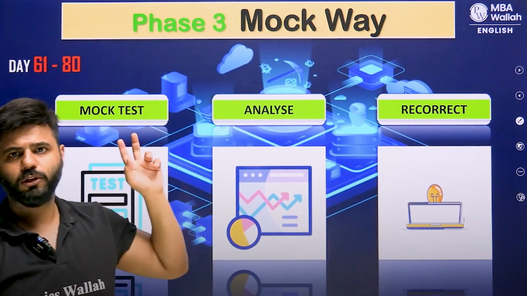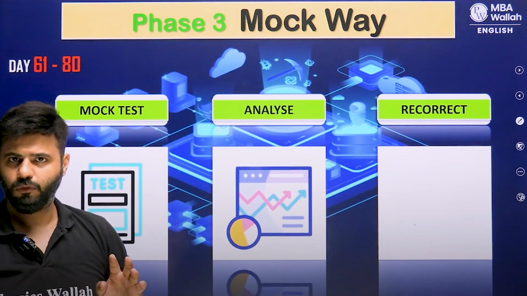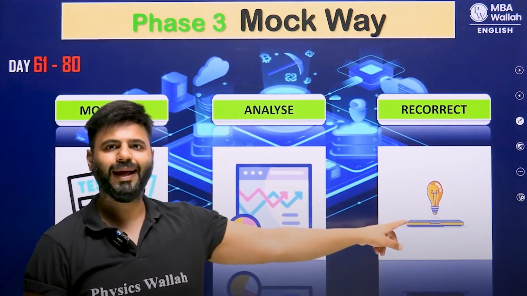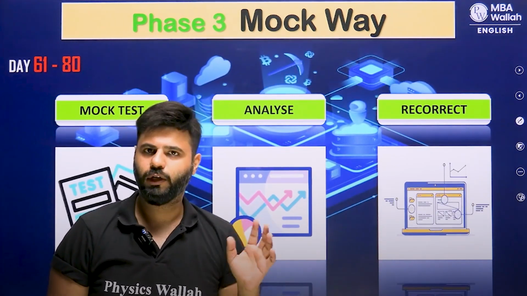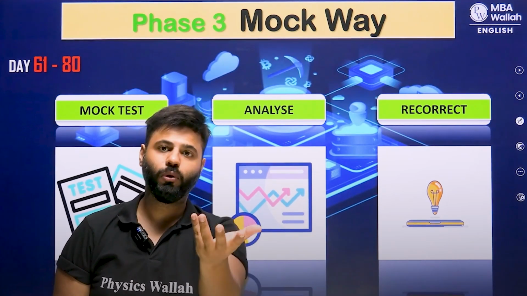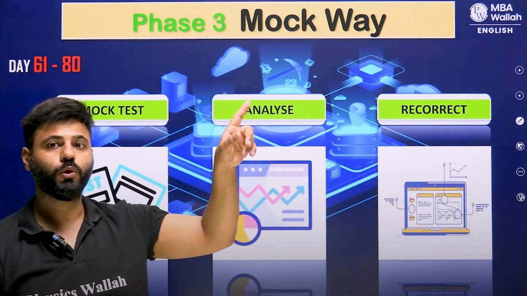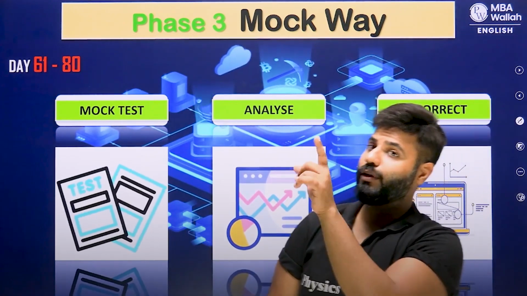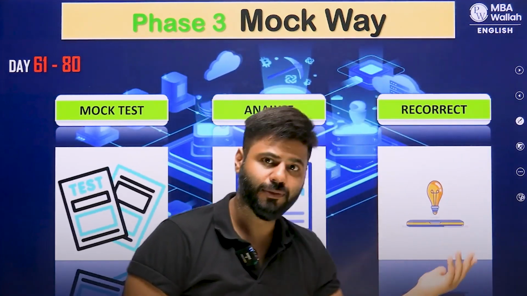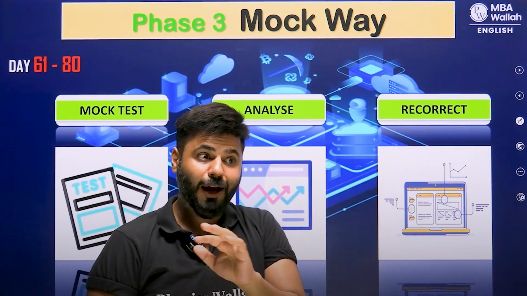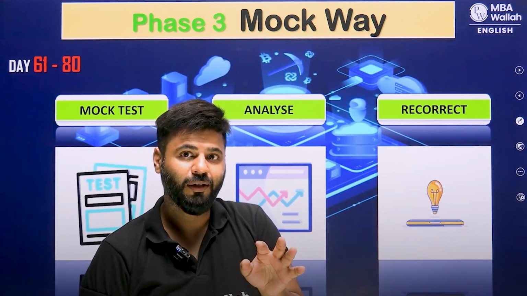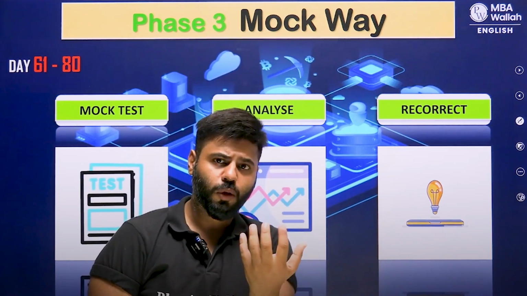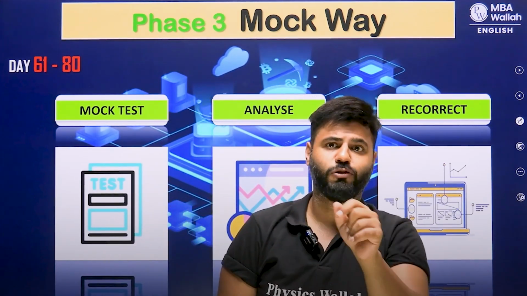So in these 20 days, you will take at least 10 mocks, right? The first day you take the mock in the first half, in the second half you analyze it, and on the second day you work on your weakness. So by that, you're also getting 10 more days for the topics you need to work on from phase 2, right? So now it's not just those 50 days of covering the syllabus. You also get another 10 days. But now it's not random topics you are covering. Now the next 10 days are given strategically. You're working on those topics which you were not able to understand the first time.